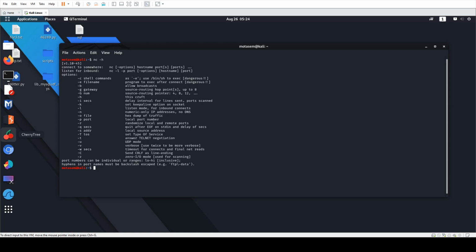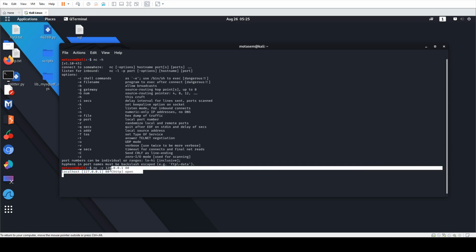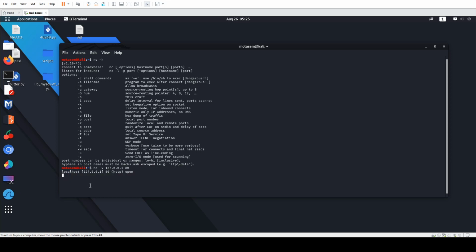Now, what if we want to check if a port is listening? Basically, let's have Netcat connect to a port to see if that port is listening for connections, right? We previously opened the Apache web server, and let's see now if Apache is listening for connections. We use nc -v, the IP address, and the port. So as you can see, it is listening, right? The port is open. And you can use the tool actually to open a listener on your machine, nc -lvp 4343,